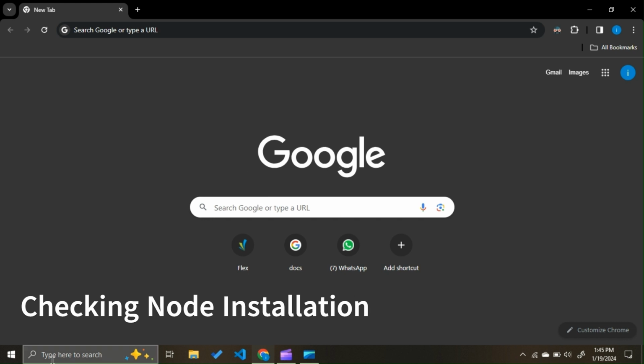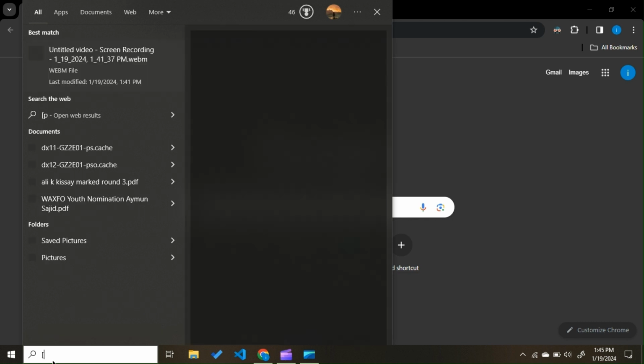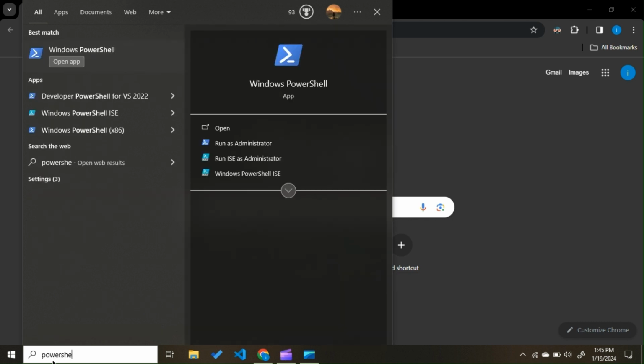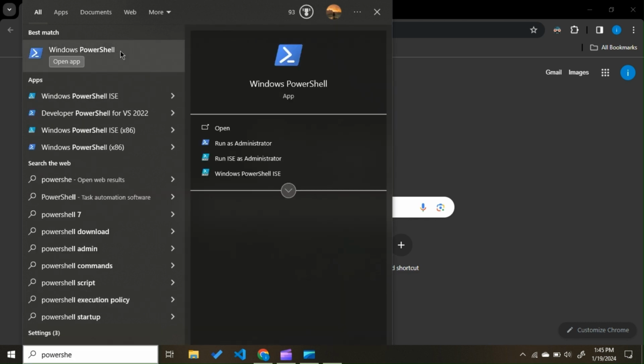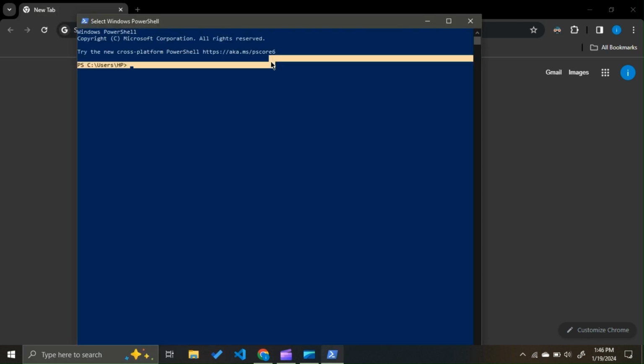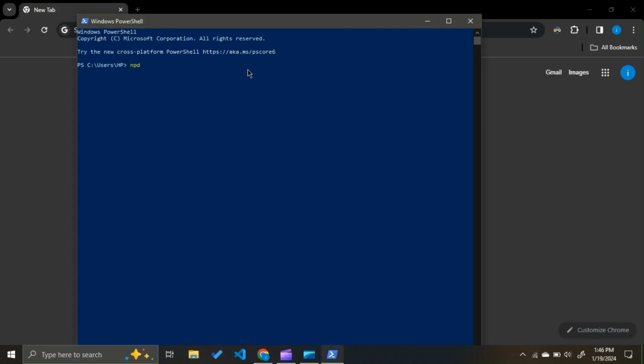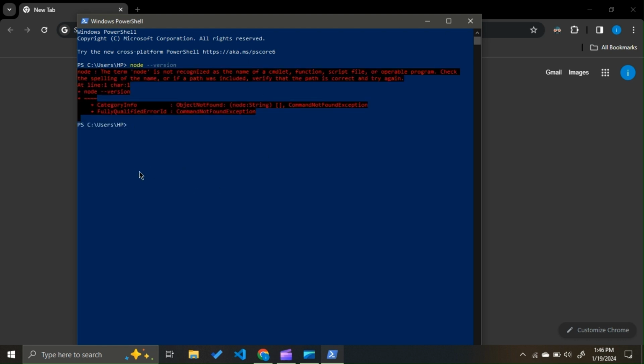So first of all, let's start off by checking whether or not we already have Node installed on our computer. We can do this by opening up our favorite command line. I'm just going to open up PowerShell. You can open whichever command line you want. And over here, I'm just going to type in node --version. If Node is already installed, we should not see this error message here. But since we're getting this error message, this means Node is not installed on our computer,